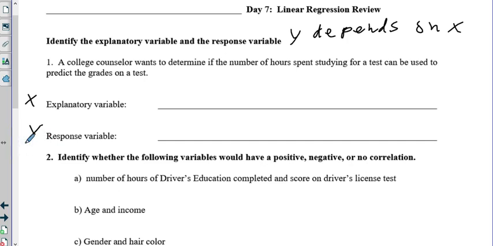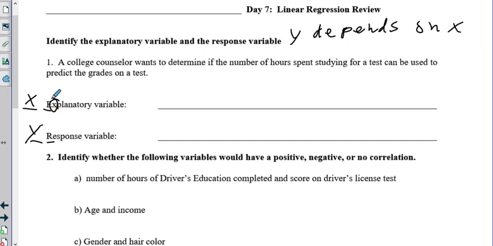If it helps you remember, x comes before y in the alphabet, e comes before r. So, the old trick with domain and range, same thing. So x is explanatory. Also, you might think about explanatory has an x in it. Another way to remember it. Okay? So, I know it has a y in it too, but whatever helps. So explanatory and response. So y depends on x.